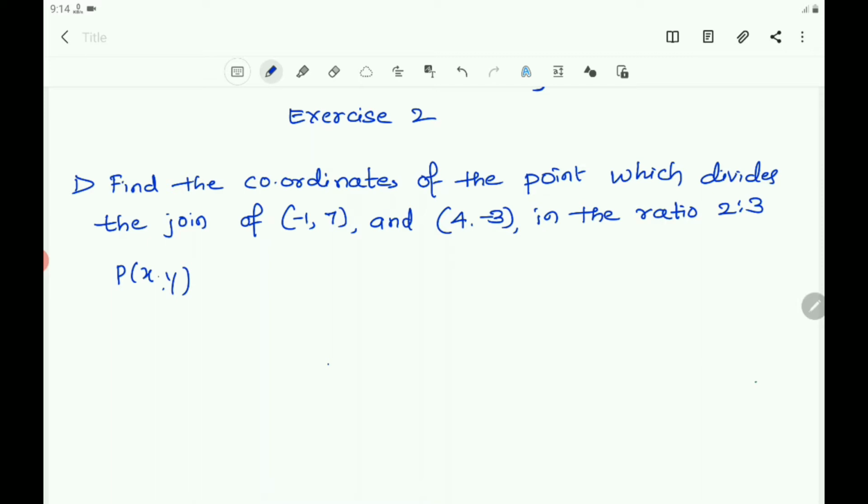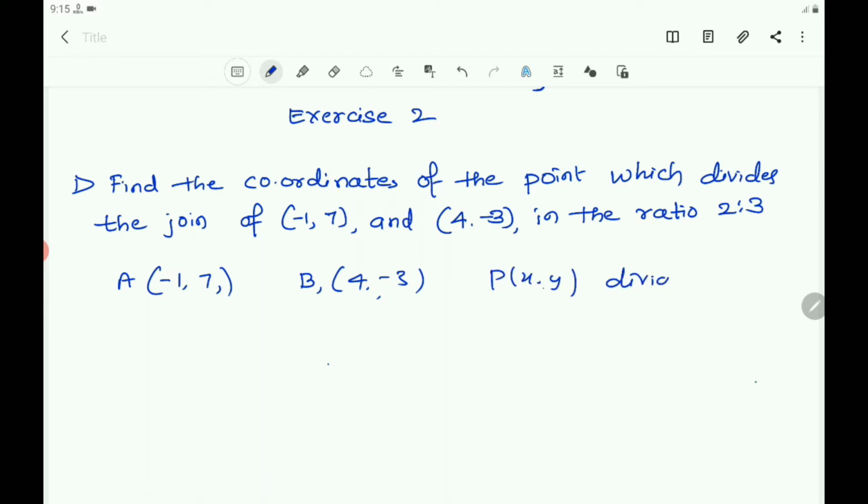Now let us take here, let A is a point with coordinates -1, 7 and B is a point with coordinates 4, -3, and P of xy